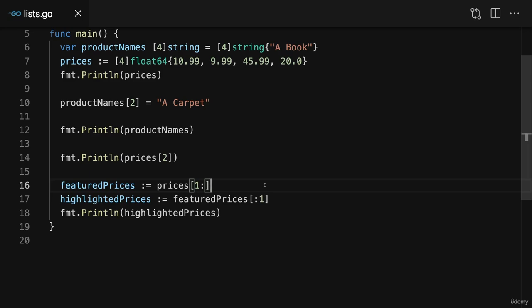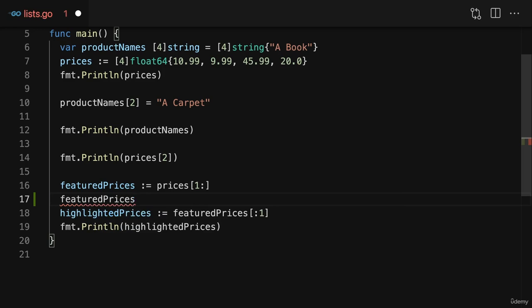And therefore, if we would modify an element in a slice, we would also modify the same element in the original array. So for example here, if I use my featured prices slice, which again is this part of the original array, and I edit the first item of that slice, which is $9.99, because we start at the second element here when we select that slice. So the first element of that slice then is that $9.99 value. If I edit this and set it to